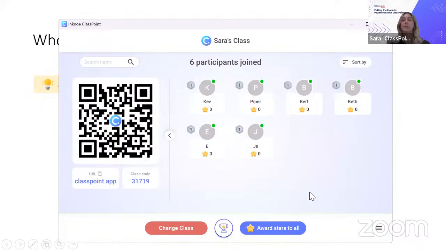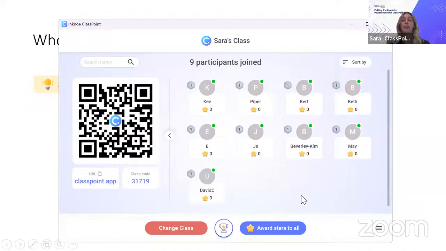Awesome. As your participants are joining, you're able to see all of the names and stars and if they're active or not. There's a couple different ClassPoint class options. We have the public classes and saved classes that you can use to track your participants' progress if you like that option as well. Even if I close this window, you are all still welcome to join. So again, ClassPoint.app on your device with the class code